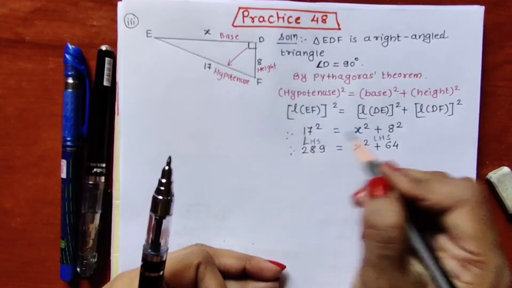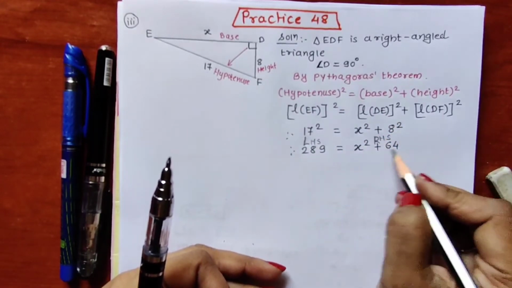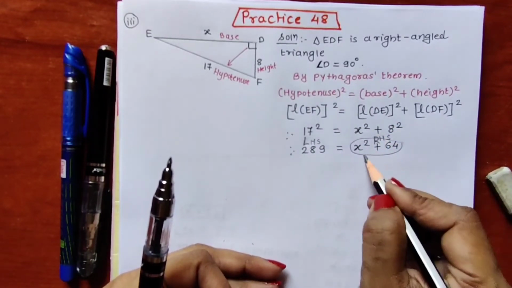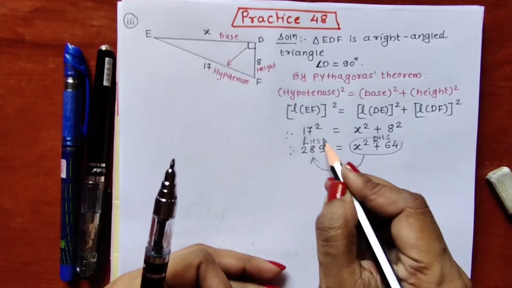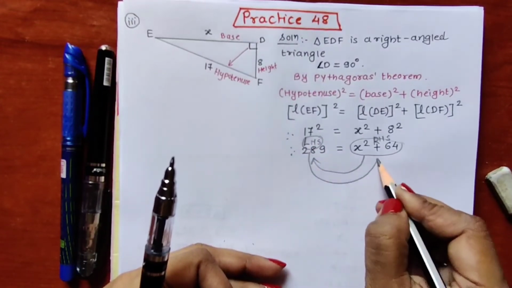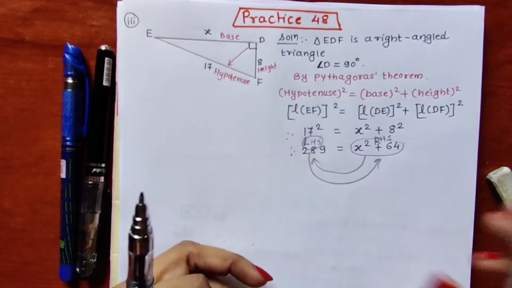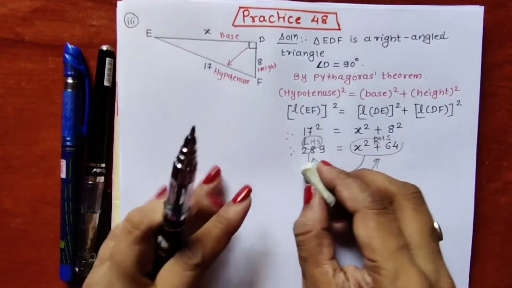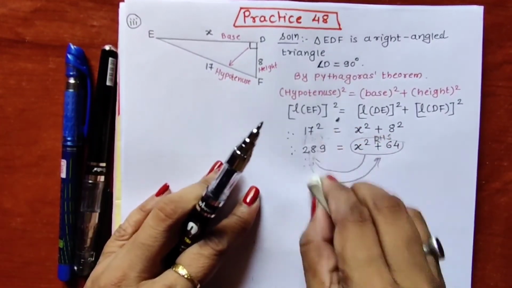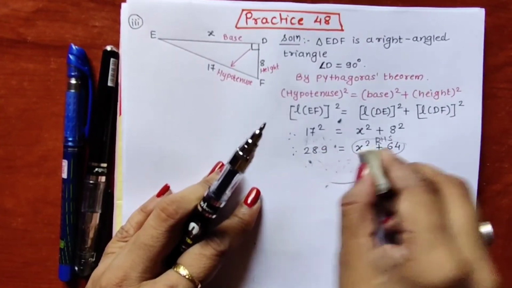This is the left hand side and this is the right hand side. So this full right hand side we transfer on left, and full left hand side we transfer on right. Okay, so in this way we will be writing the next step. So I am just erasing it first and then we will write the next steps.